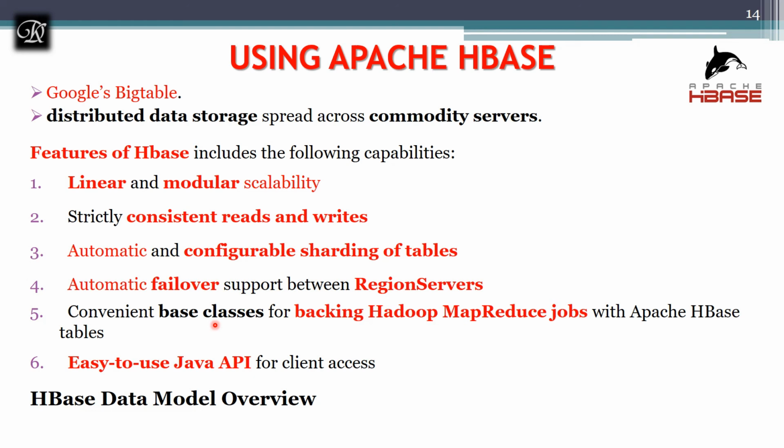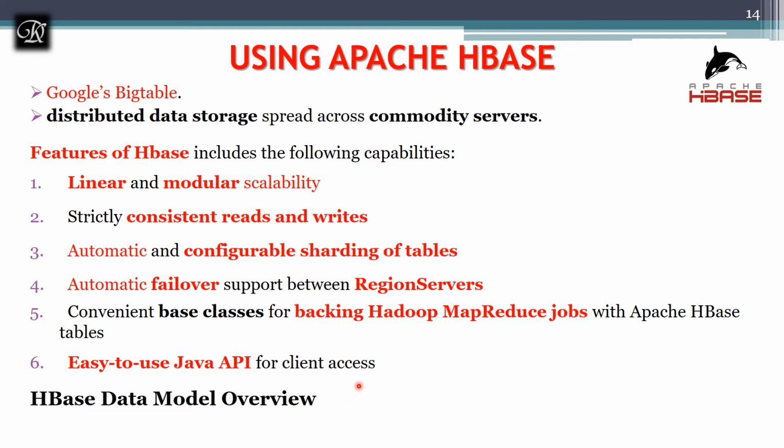Why back up? If there is a failover, atomic failover, how is it going to take care? By backing up the data. It cannot just assure you that you store the data and it will take care of it without backing up. It has to back up. That's why the backing up classes are being given. And easy to use Java APIs for client access. The complete Hadoop system from scratch is built using Java, so it's going to support multiple Java APIs for client access.